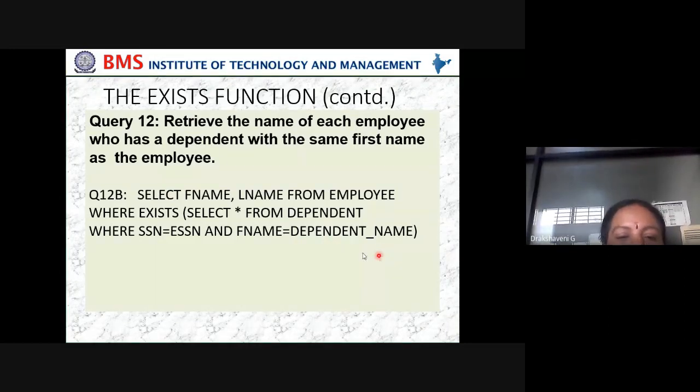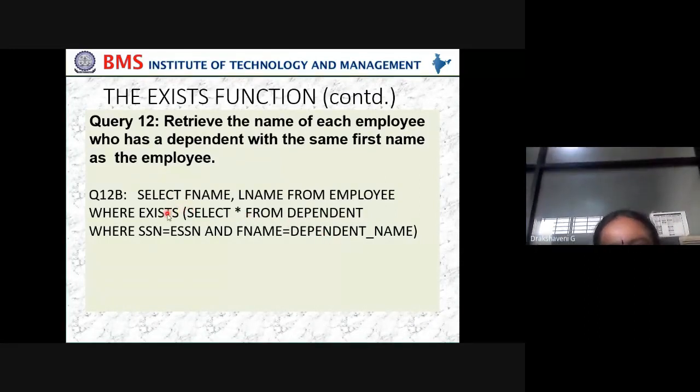So the same thing we checked earlier: the parents' names are the same, and even the first name of the dependent should also be the same. So we are just using the exists keyword.